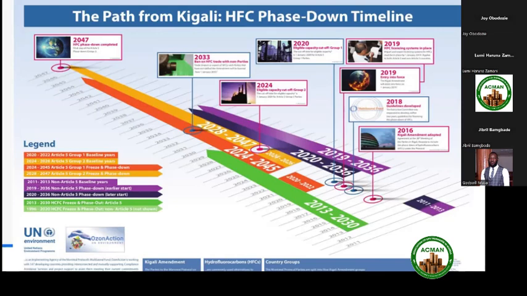They are expected to phase out completely from 2019. Then developing countries like Nigeria and most other African countries are in group 2, and they're expected to start their phase out in 2024. That's this year. Over the years, we are going to achieve this phase out completely by 2047,